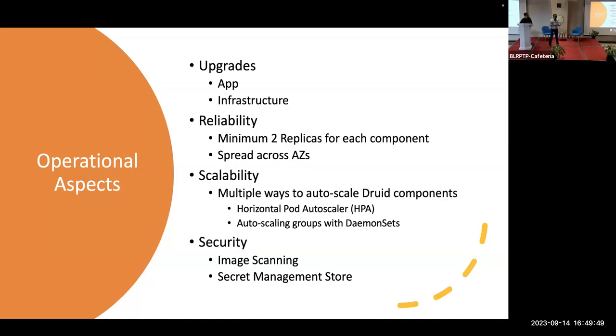The last part, which is required for compliance and security, is image scanning. For our use case, we are using ECR as our image storage. We are using the ECR image scanning facilities, right? We have actually successfully scanned images which showed the vulnerabilities during the Log4j issues. We have fixed them and pushed them. Another part is your secret management store. Okay, so that's it for the entire Druid migration. I will hand over to Shiv for the next part.